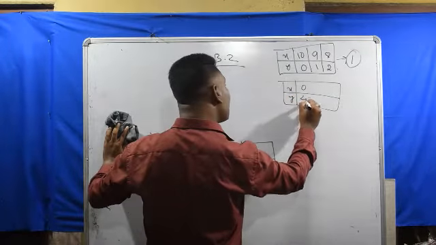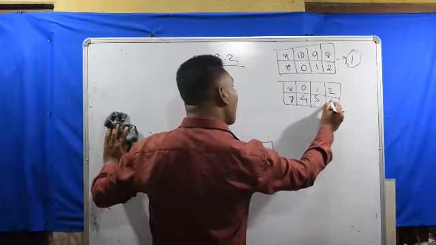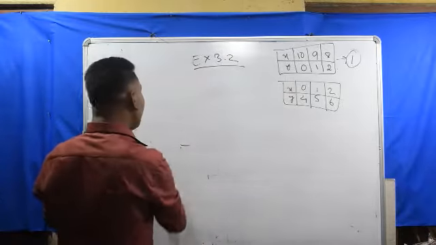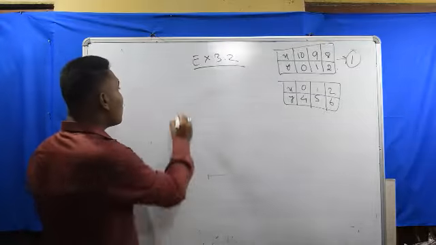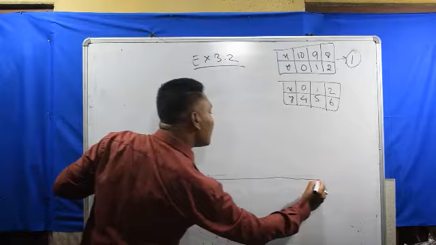I am showing you how to plot the graph for the first question. For the next question I will just give you the coordinates and you will solve on your own and send it to me on WhatsApp. So let this be the graph. Let's think that this is a graph paper.